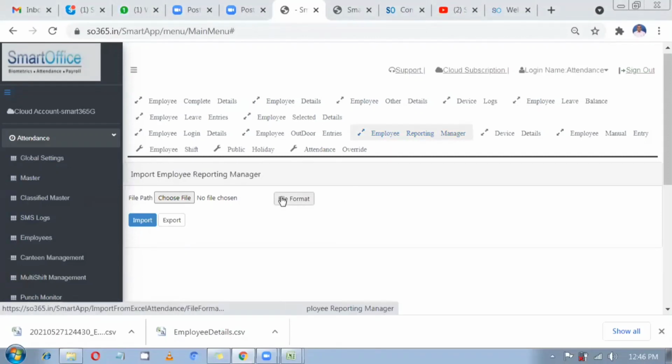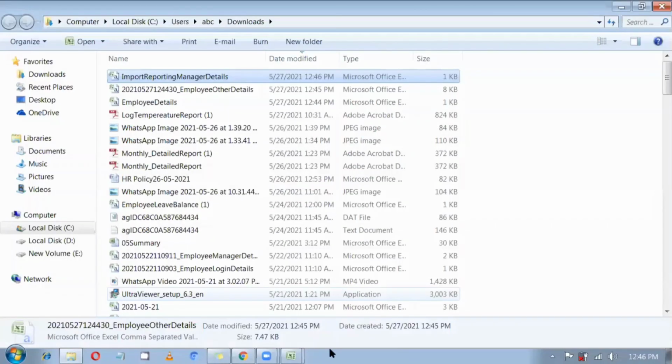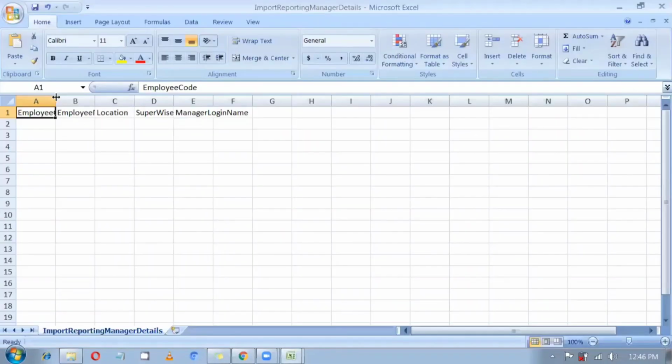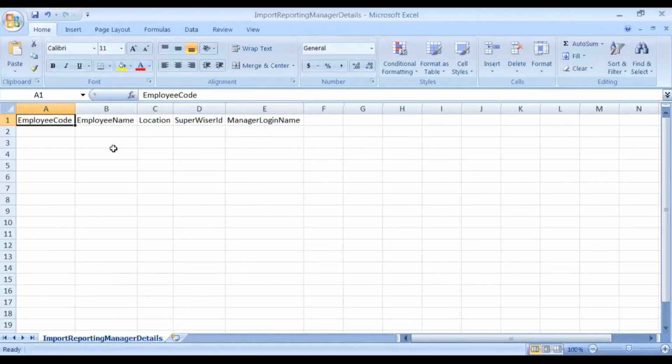You'll get a file format. You have employee code, employee name, location, and supervisor ID, which means the reporting manager ID. For example, employee code one, employee name test, location, supervisor ID: for one employee code, who will be the reporting manager. You have to save this and import it in bulk if you want to import the reporting managers of your employees.